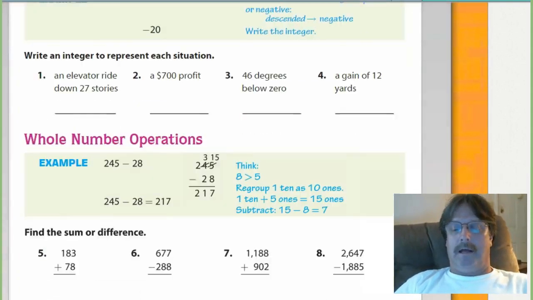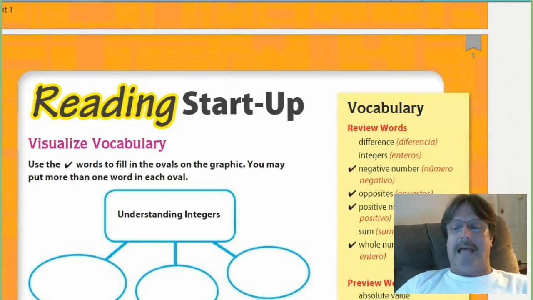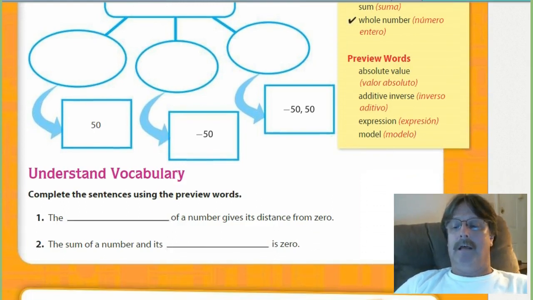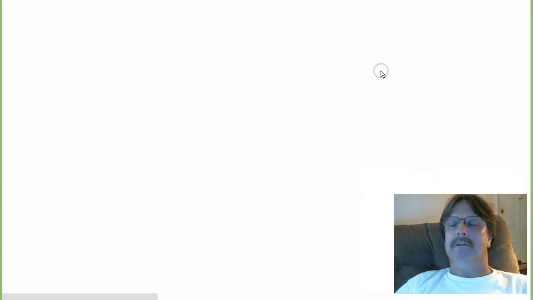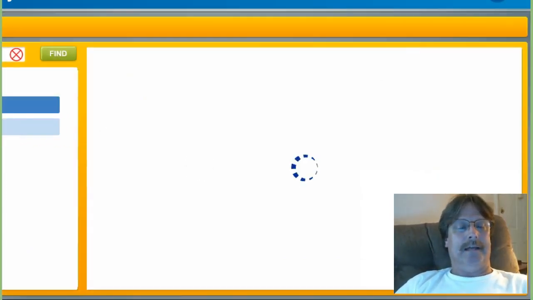Okay, so just different things, number lines, using that. There's a vocabulary. It tells us in this unit, this module actually, what review words and preview words we're going to have to work with. So we have vocabulary that we're going to talk about. Sometimes they might actually be a concept. And here's something I didn't notice. Let me click on that and see what that does. And that takes us to a